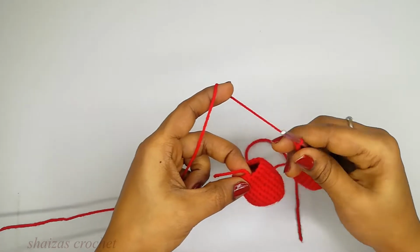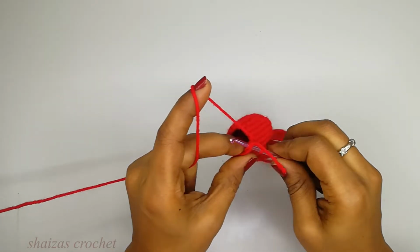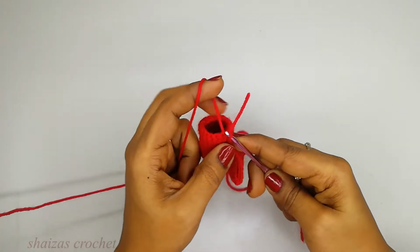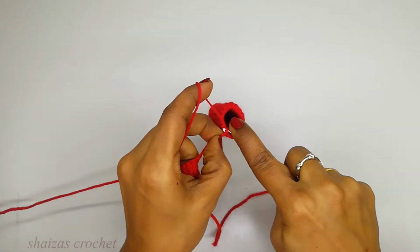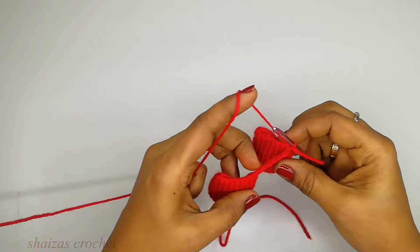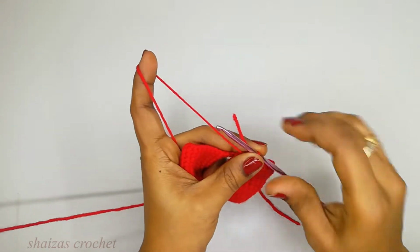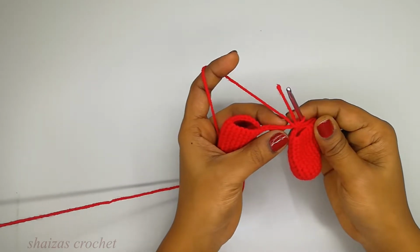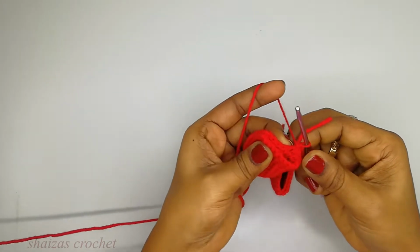into this stitch, the last stitch of this leg, and then here we have 42 single crochet stitches along with this chain. So now we are going to do a single crochet into the next stitch,